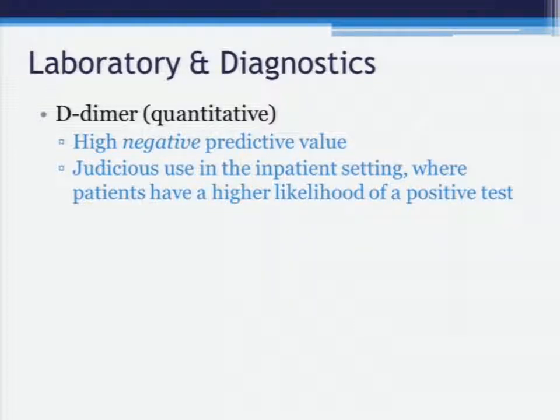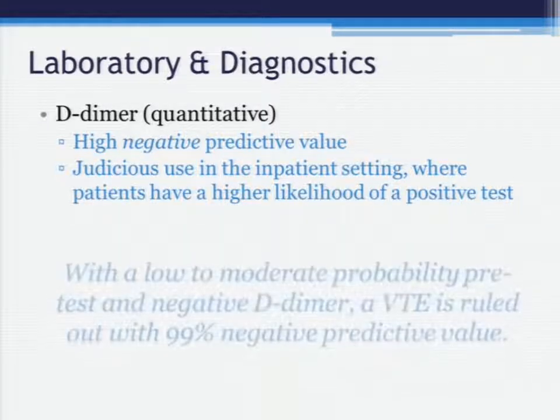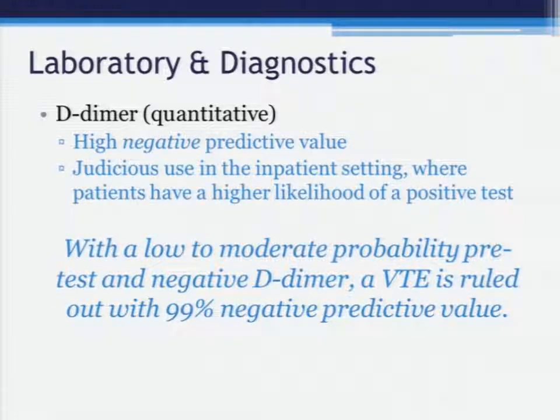All right. So while we're thinking about low probabilities, we're going to talk about D-dimer. A D-dimer is a quantitative test that has a high negative predictive value. So it helps you when it's negative, and it doesn't necessarily help you when it's positive. Now, being on the ICU side now, I rarely ever order D-dimers because my patients have had stays in the hospital over 100 days and have been in and out of surgery and have a bunch of reasons to have an elevated D-dimer. But when you're looking at a patient who should have a negative D-dimer, then it's very helpful